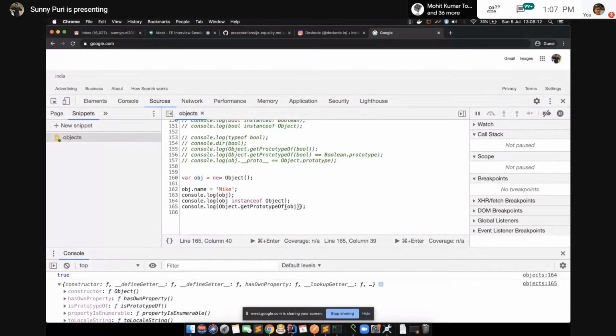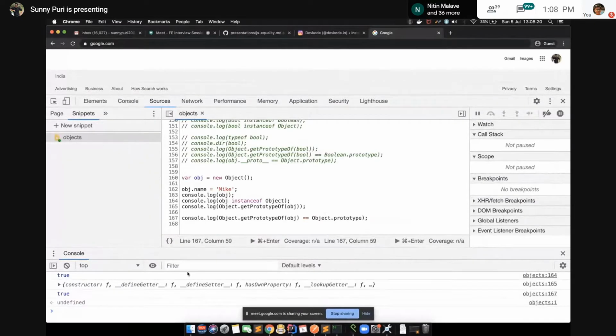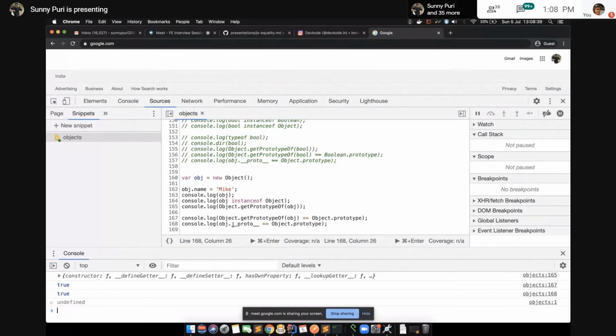So is this equal to Object.prototype, its wrapper? Yes, it is linking to the same thing. Whatever is there in Object.prototype, we are having the same thing in the __proto__. It means whatever we are getting in __proto__. So now you know from where these __proto__ are coming. They're coming from its wrapper, Object.prototype.